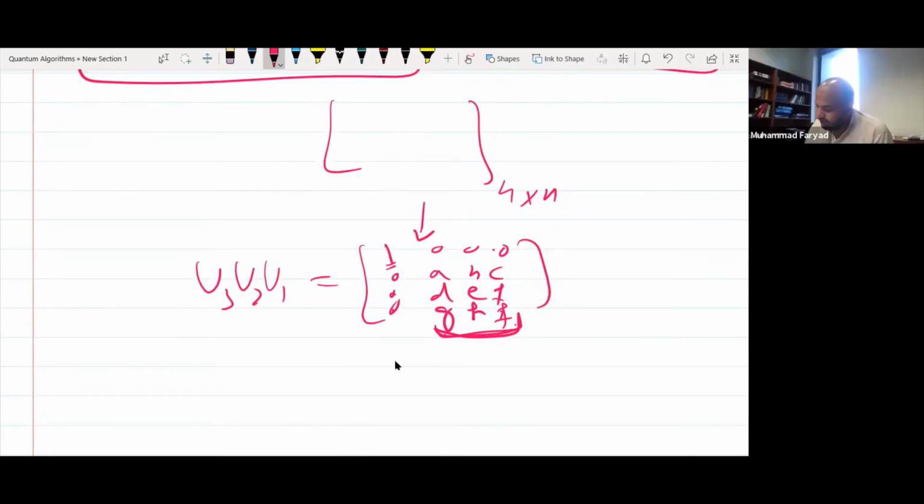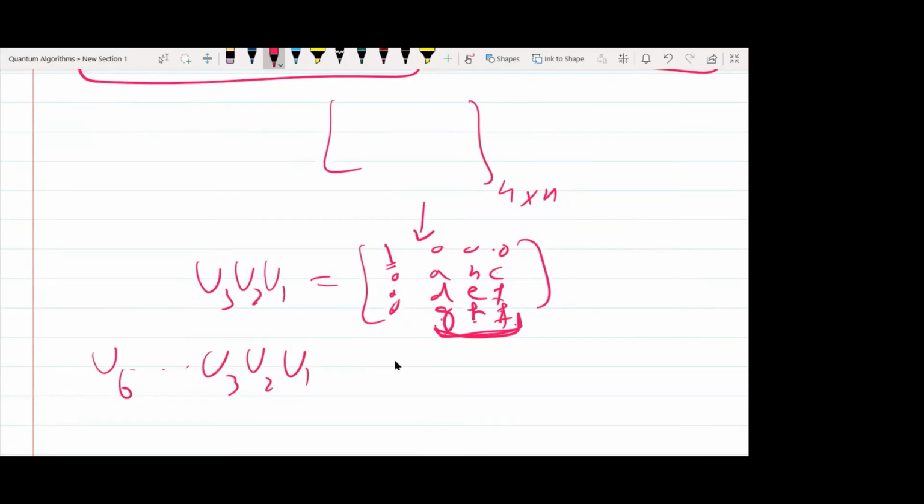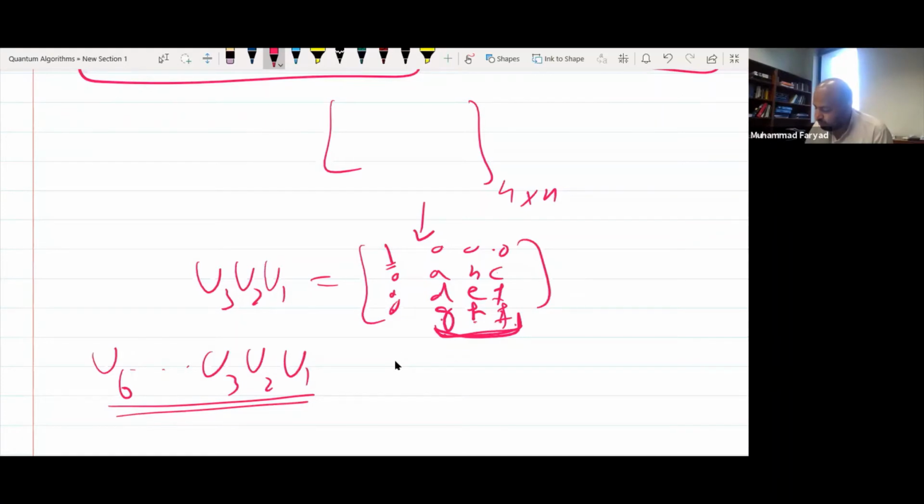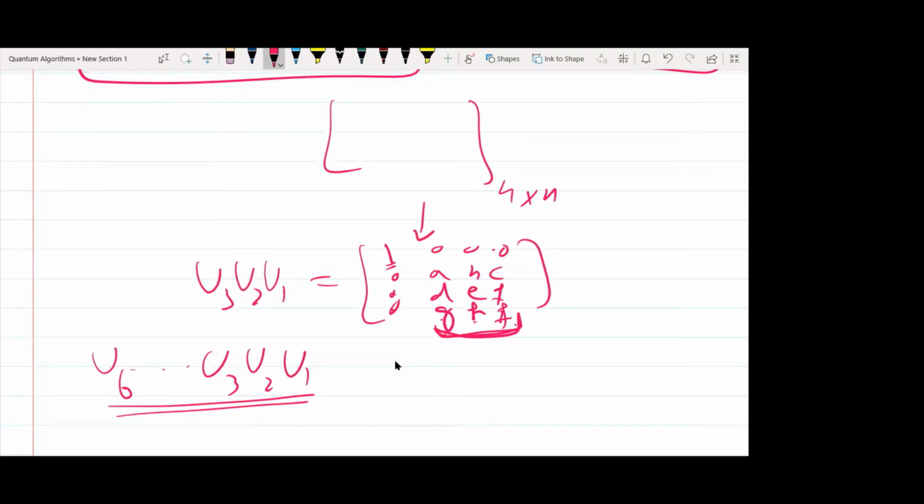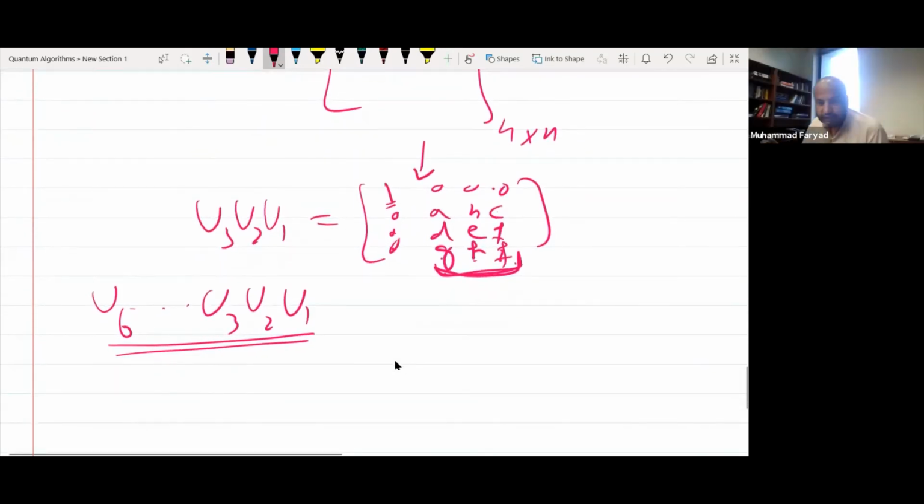We will need another 3 matrices, 2 for these zeros and 1 for this, and ultimately we will need u1, u2, u3 all the way to u6. So we will need 6 unitary matrices to break it down into 2-level unitaries. And similarly, if we have a 5 level system, we will first need 4 unitaries to put zeros here, then we will need, you know,